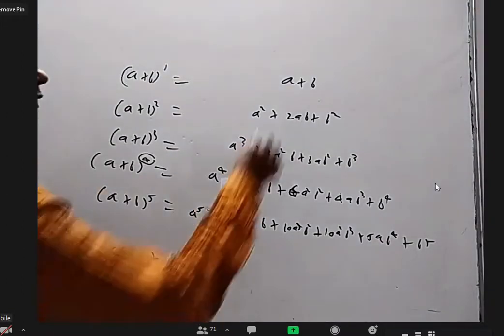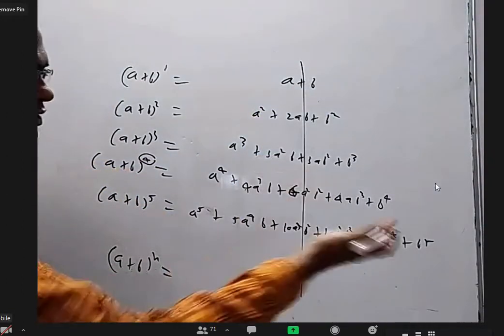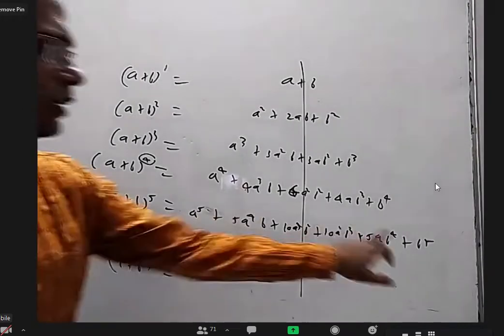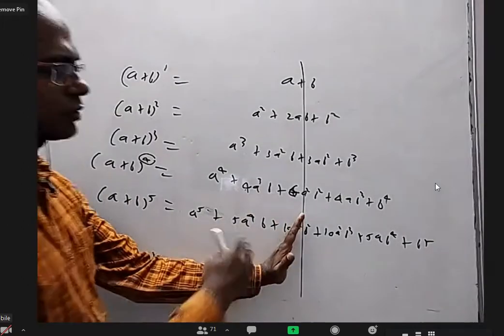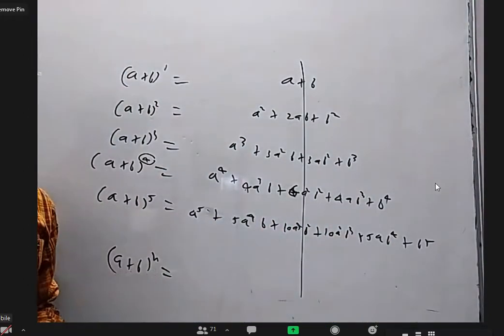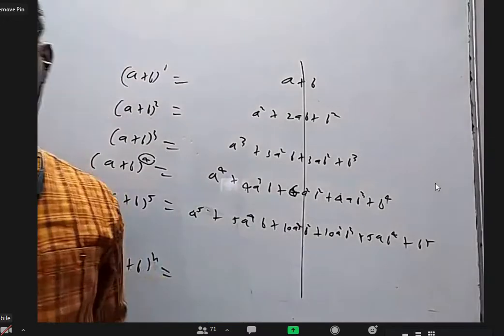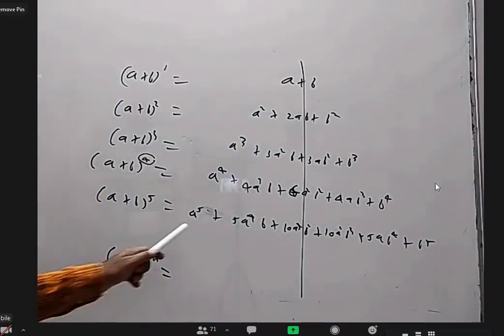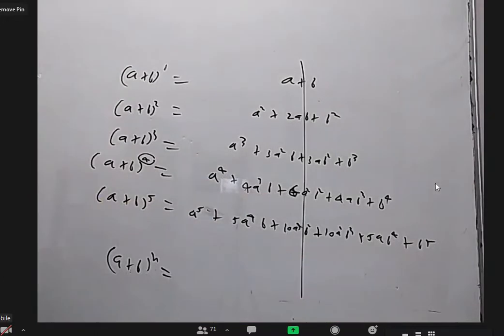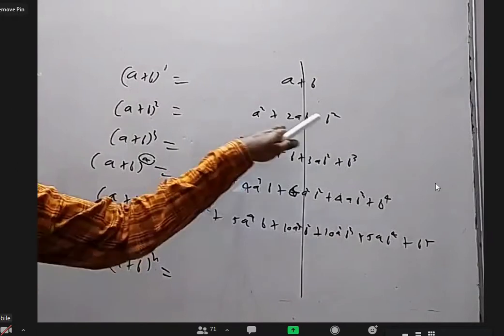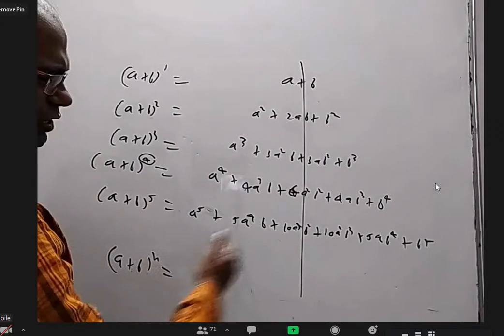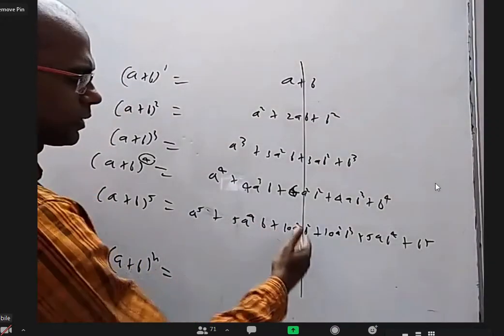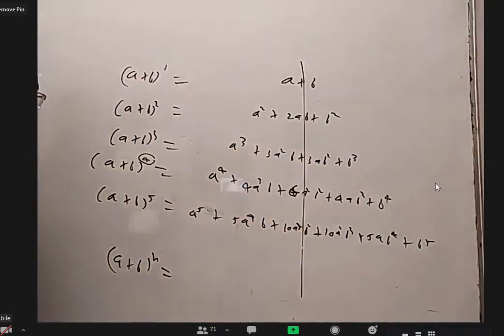One more thing is, if you draw a line in the middle, the coefficients are reflexive. That is here 1, here 1. Here 5, here 5. 10, 10. They are symmetric. With respect to this, right side coefficients and left side coefficients are the same. That is the formula nCr equal to nC(n minus r). Right? You can also see these coefficients are increasing and then decreasing. Am I right? Yes. Okay. Here also they increase and decrease. So binomial coefficients from nC0 to nCn, they increase and then they decrease. In the middle, you can have 1 greatest term or 2 greatest terms.